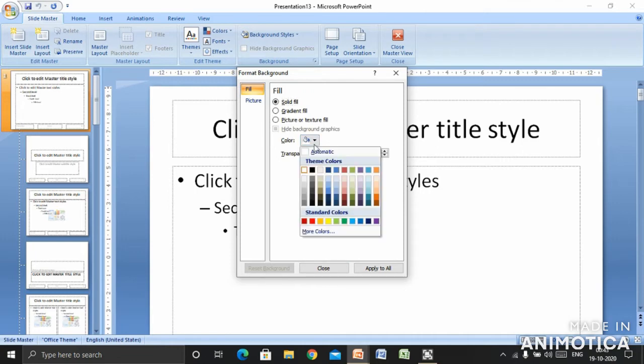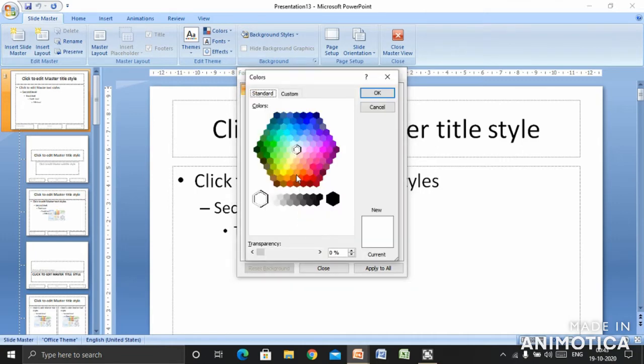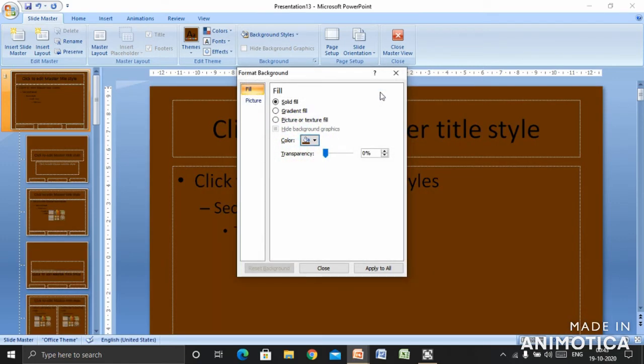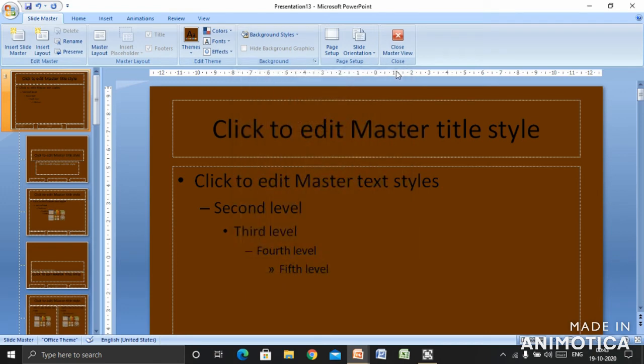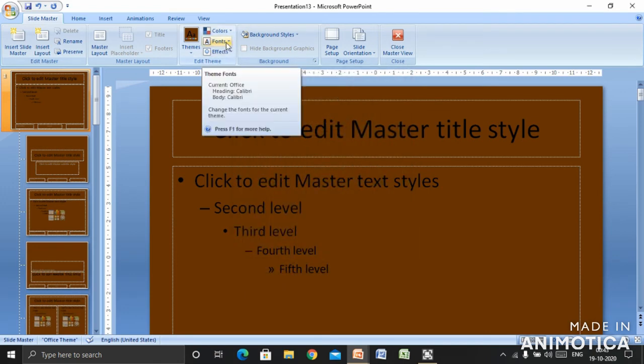Color we can select from here. There are more colors in the color palette. This one, whatever the color you want, you can select and click on the OK button. The background color will be changed. This way we studied about how to change the background color.